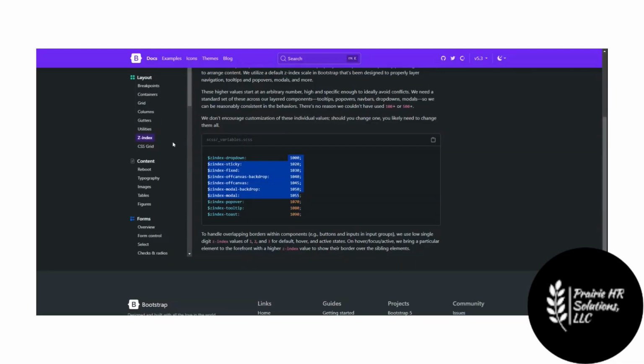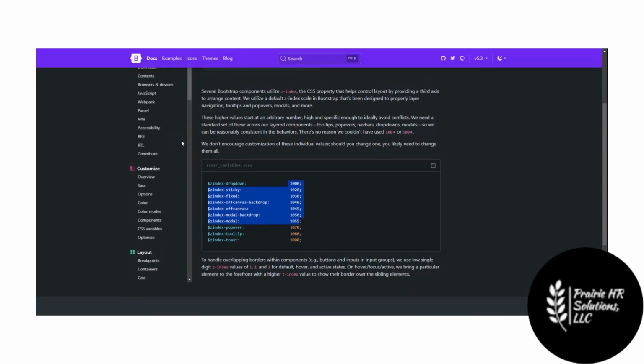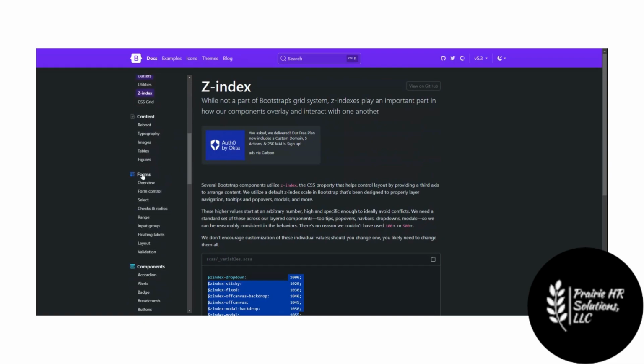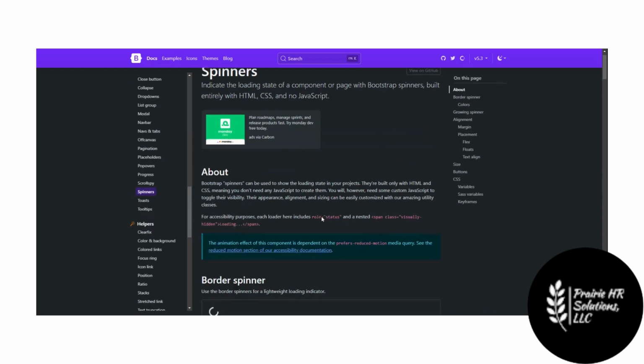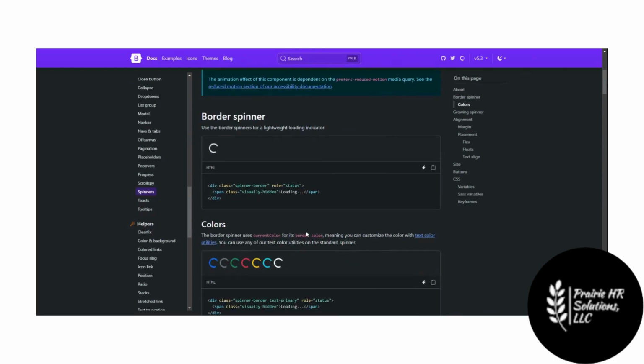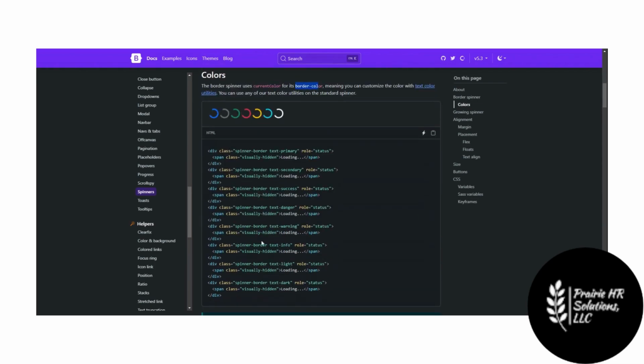So when we come over to our Bootstrap here, and we're looking at our spinners here, you'll see that they have built-in colors, and it uses a current color for its border color, which means you can customize it with a text color. So essentially you use this text danger, text success. But what that does is that only does